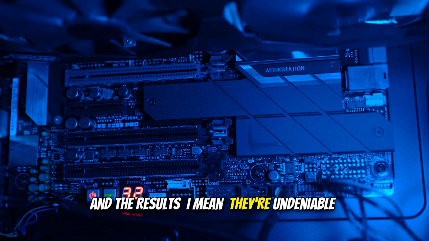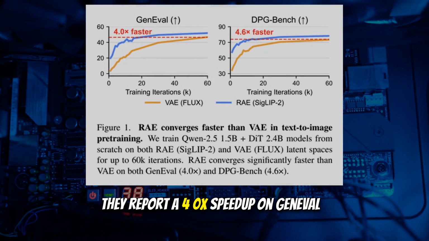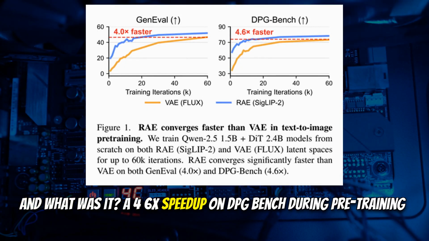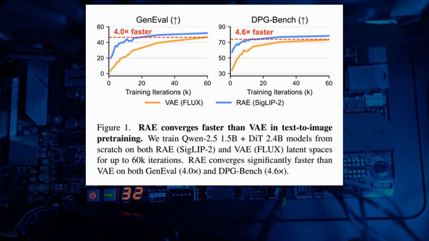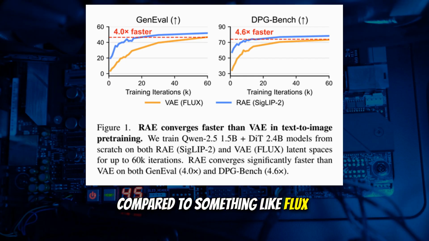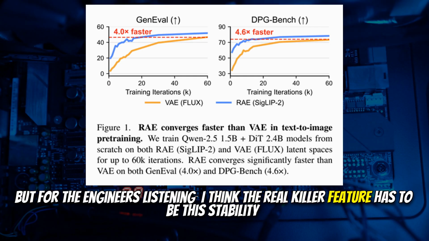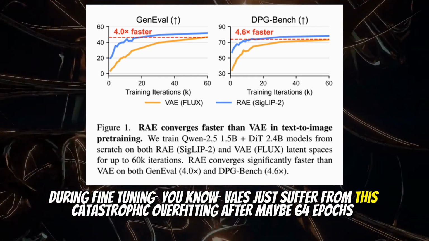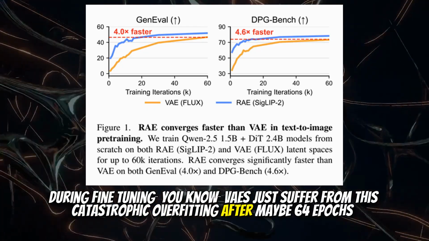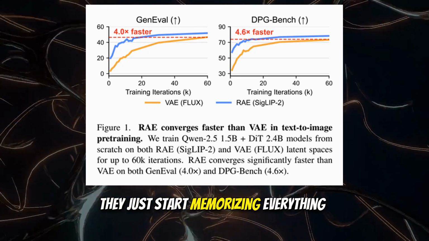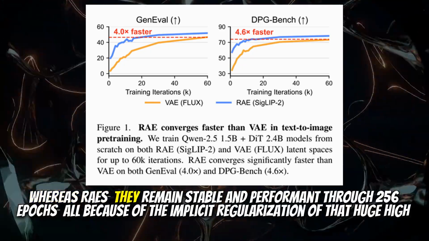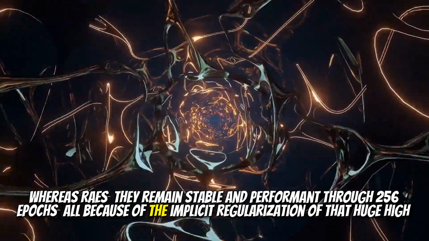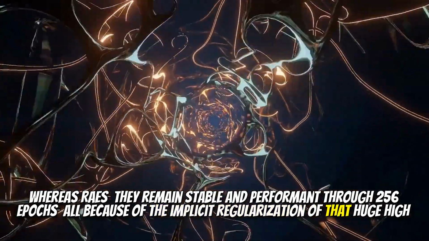And the results, I mean, they're undeniable. They report a 4.00x speedup on GenEval and, what was it, a 4.6x speedup on DPG-Bench during pre-training? Right, compared to something like FLUX. But for the engineers listening, I think the real killer feature has to be the stability. Yeah. During fine-tuning, VAEs just suffer from this catastrophic overfitting after maybe 64 epochs. They just start memorizing everything. Whereas RAEs remain stable and performant through 256 epochs,